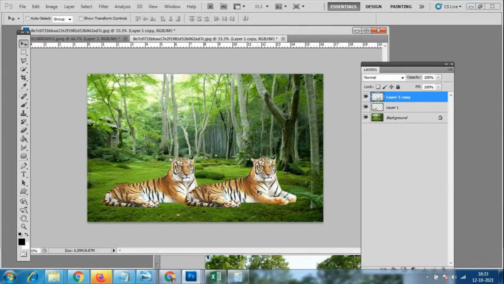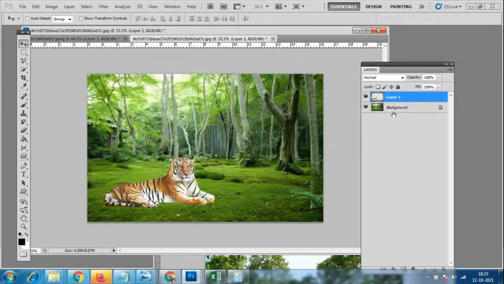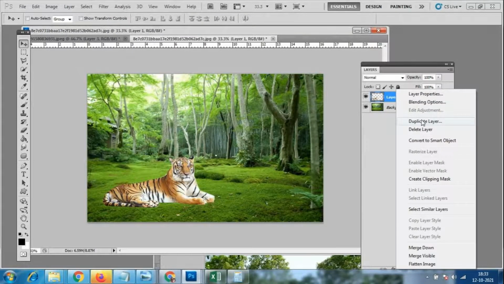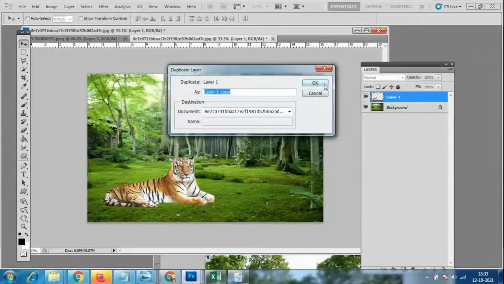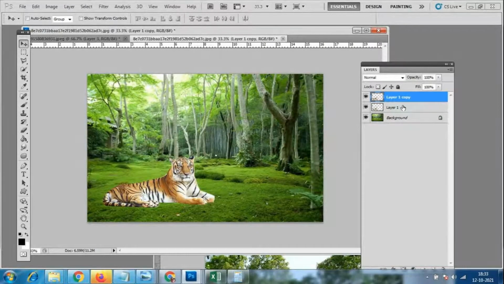Control Z. Better go here, right click, there's the option duplicate layer. Just give OK, and automatically it has come here. No need to drag it with the mouse.